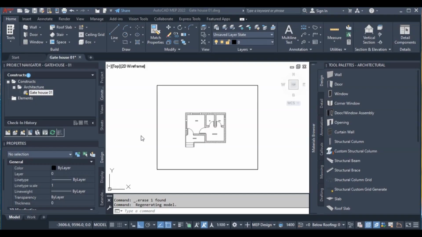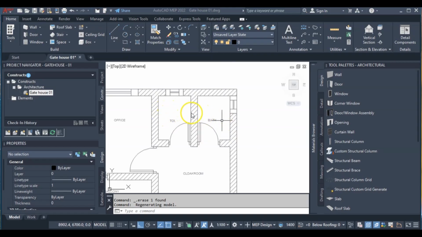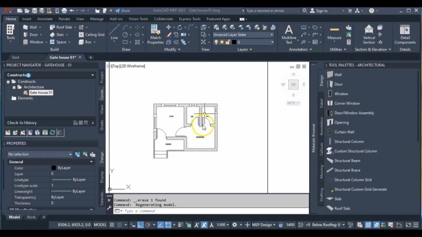Hi, in this tutorial we will learn how to set up walls in our AutoCAD MEP or AutoCAD Architecture software. Now that you have your XREF inserted in your drawing, you can see the importance of having an XREF. You don't have to brainstorm whether you're going to have a wall 3 meters wide or a space 3 meters wide, or whether the toilet is going to be 2 meters wide or long. You already have the plan rigidly set up,